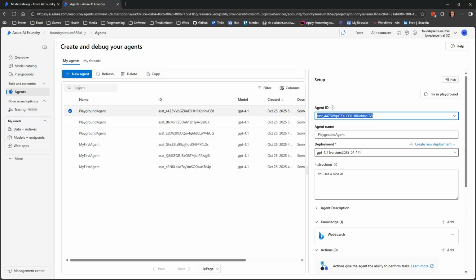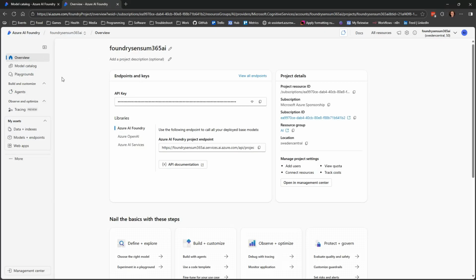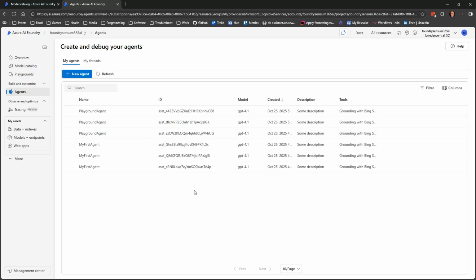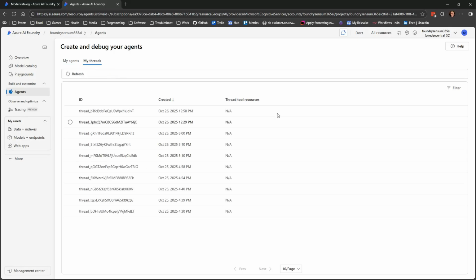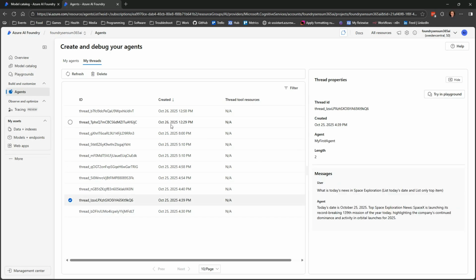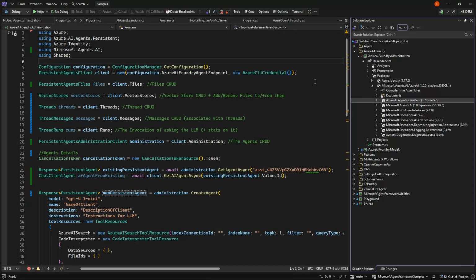And the portal we're talking about is, of course, the Azure AI Foundry, which we have a separate video on, but we can go in and control making new agents, getting hold of them, getting their threads, of what we have talked about, messages back and forward in those threads, and even run them if we want to. But of course, we want to use the agent framework for that. So we have that one